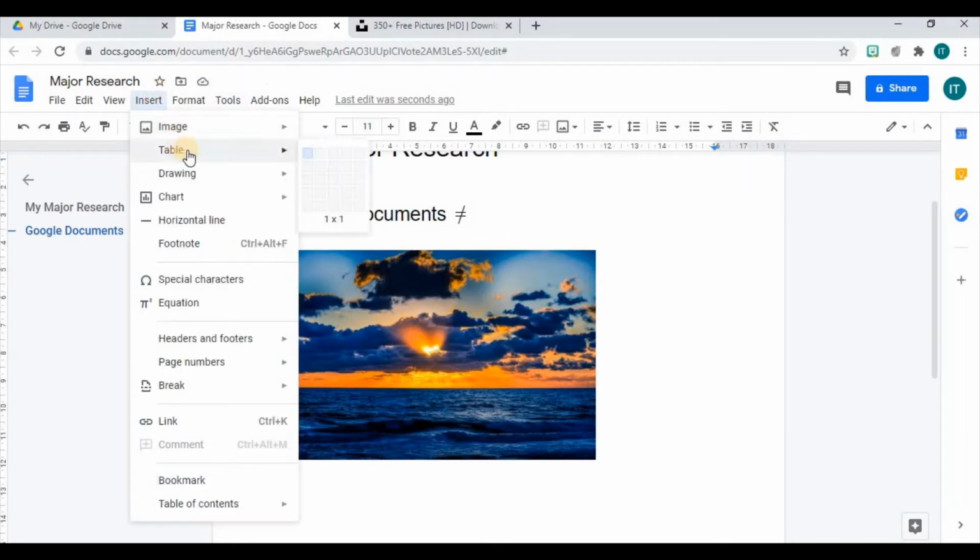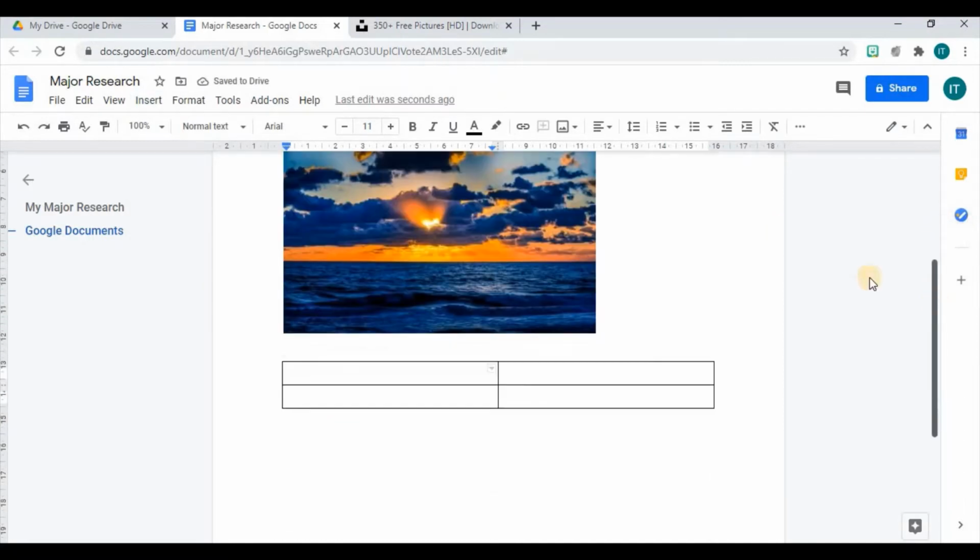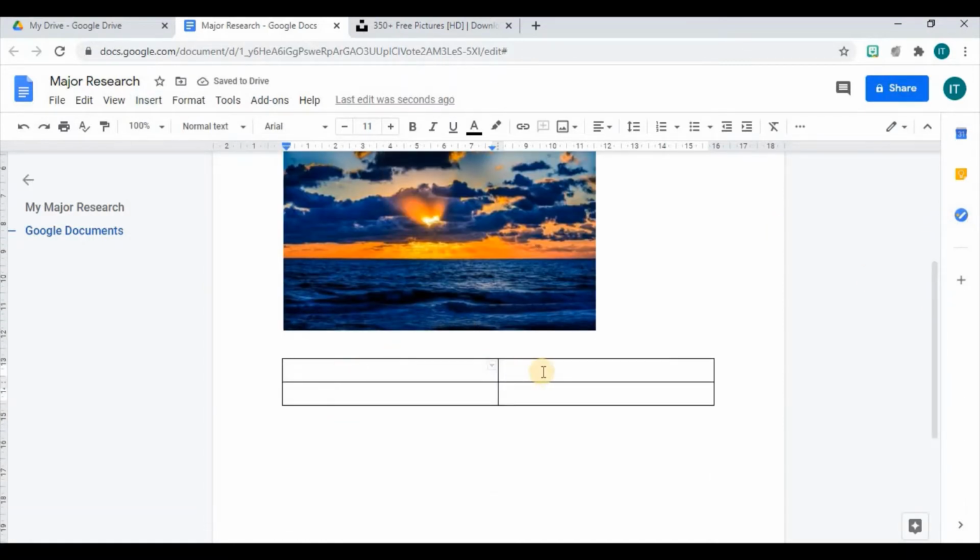For the table option, we can decide if we want to include a table, and then it would include how many columns or rows that we want to add. So this is a 2-row 2-column kind of example. So when I insert this, then we receive a table inclusive of rows and 2 columns. Now for the table, it's up to you as to what you want to include in your table. And for this example I could go ahead and insert